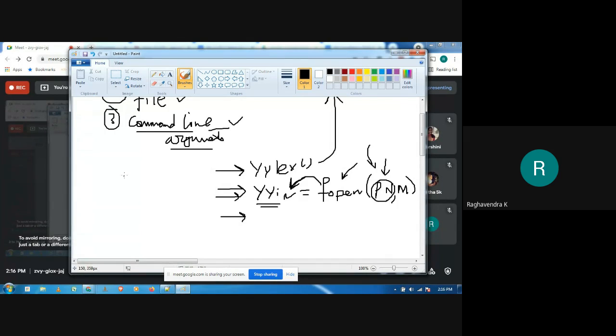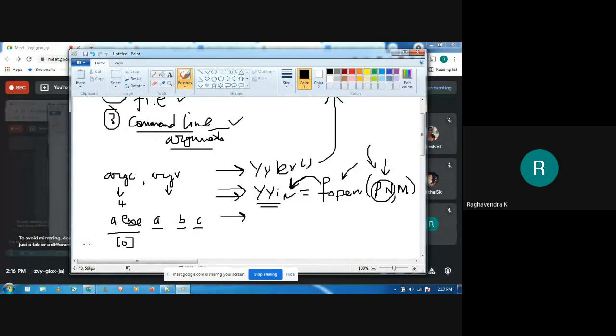We do it through the command line arguments, which are argc and argv, right? So argument count and argument vector. Argument count will keep track of the number of arguments that you have passed in the command line, and argv will keep track of the actual arguments which have been passed in the command line. For example, if I use a.exe in my case, and then I pass a, b and c, the argument count in this case is 4: this is 1, this is second, this is third, and this is fourth. Arguments are separated by a space, and the argument vector will basically comprise the following.